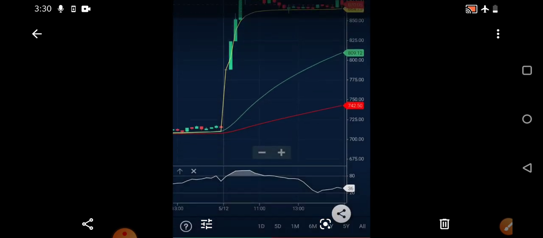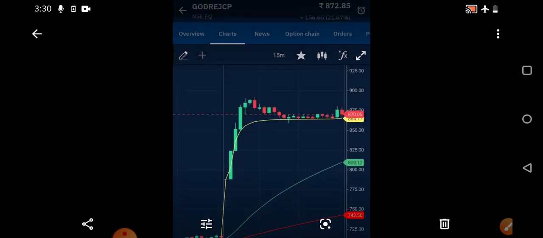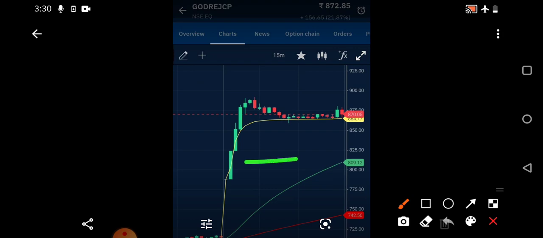Okay, so once you go for the 15 minutes time frame, clearly you can see in the first candle itself the stock has given very good movement and it is closing above the VWAP. Once it is closing above VWAP, it is a very good confirmation that the stock is looking pretty bullish. In the next 2 candles also you can expect the same momentum, and the stock has rallied in that particular way itself. Clearly you can see the next 3 candles also the stock has given huge momentum. Okay, so hope you have understood.